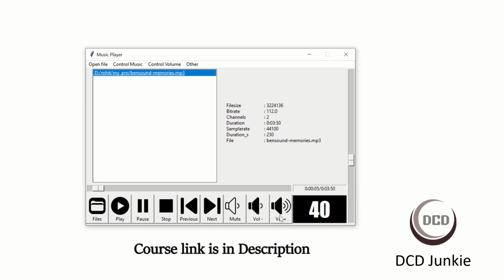I can increase the volume by this. So volume is at 100% now. I can decrease the volume like this. And if you see, when you change the volume, the scale widget will also change. You can change the volume by placing the scale widget anywhere. So you can see the volume is changing. Okay, so you have two ways to change the volume, either by button or by placing the scale widget